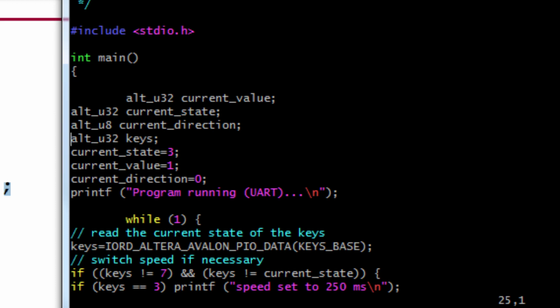If I push the left key, I'm going to get a 110, which is a 6. If I push the right key, I'll get a 110, which is 6. And if I push the left key, I'll get a 011, which is 3. Make sense? Okay, so then I'm going to get the keys, and then if keys is not 7, meaning that something's being pushed,